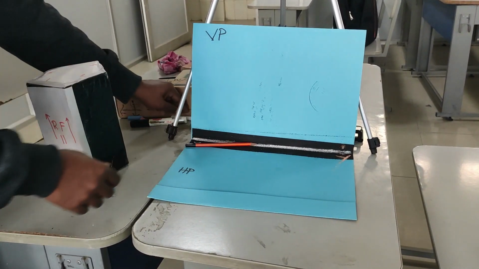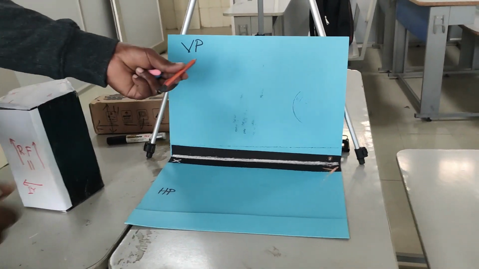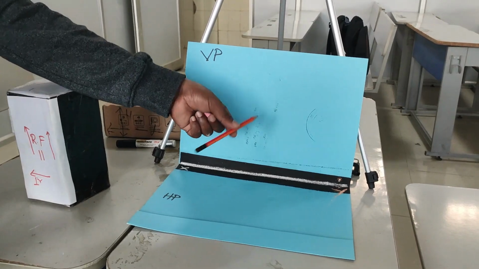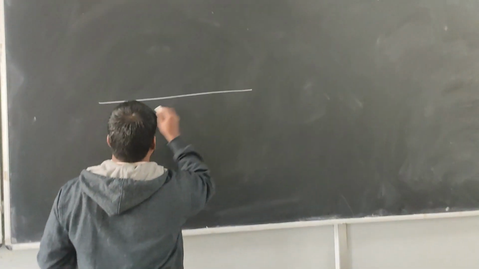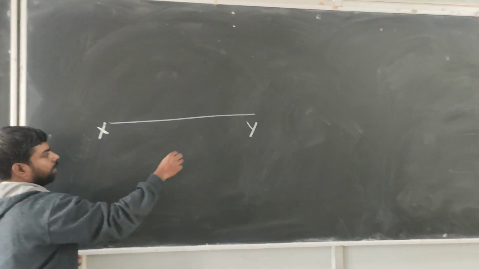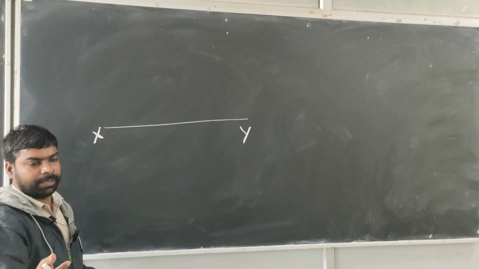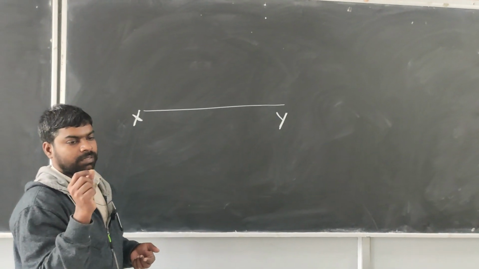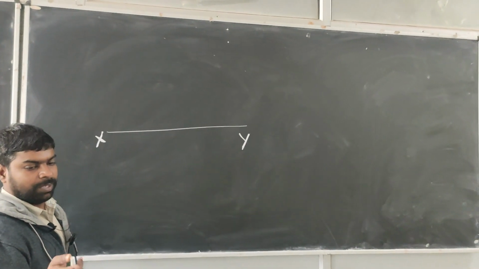Let me go to the board and you will be able to understand. Remember these positions. This is the position we are going to draw: perpendicular to VP, parallel to HP. So I am going to put the reference plane first, X, Y. I already placed the reference plane. I told you it was parallel to HP and perpendicular to VP. Perpendicular to VP means in the front side view you will get only a small dot. The front side view will be projected on VP and the top side view will be on HP.